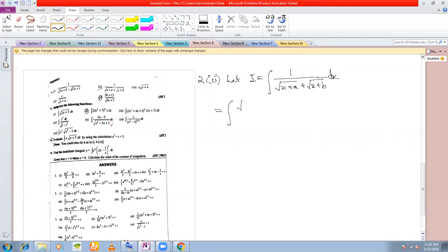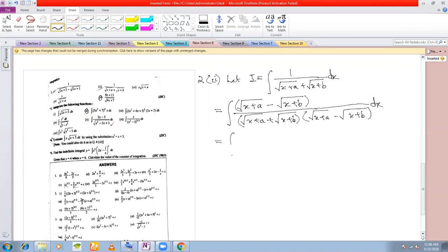So you multiply the numerator and denominator by root x plus a minus root x plus b. Divided by root x plus a plus root x plus b, into root x plus a minus root x plus b. Okay, so you're multiplying the numerator and denominator. We want to rationalize the denominator. So what we get